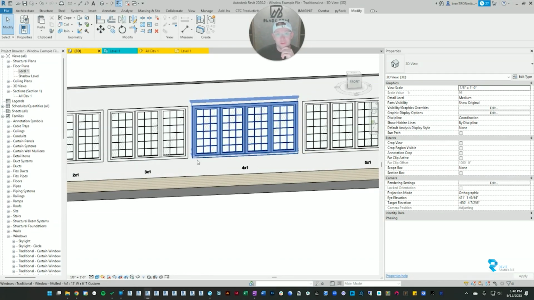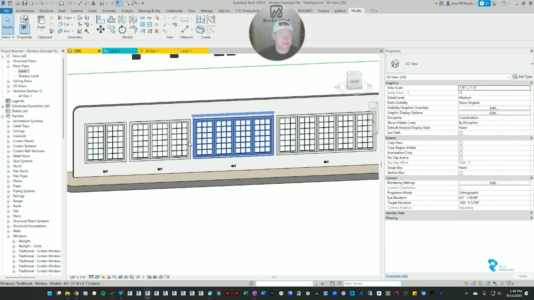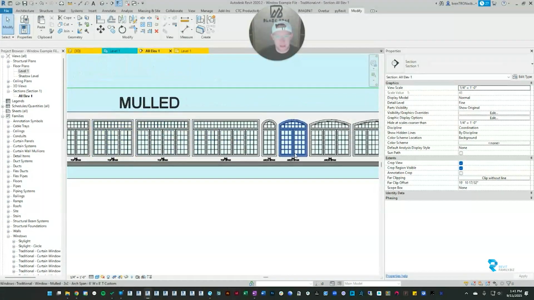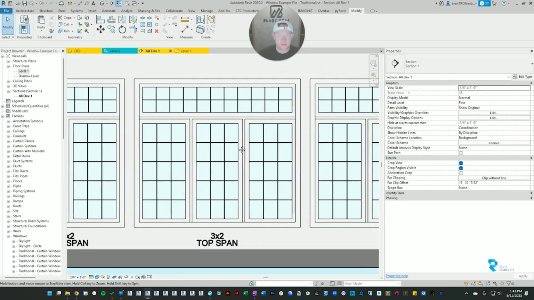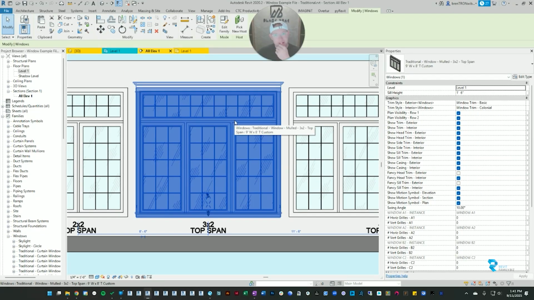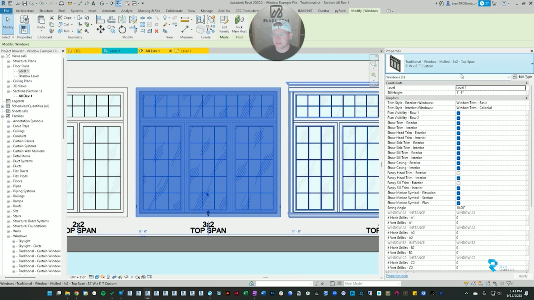Okay, let's go into the parameters now. Like, what can we do with these, and what's good about these? I'm going to go to the elevation here, and let's pick this 3x2 window with the top span. So it functions very similar to the standard windows. It has a lot of the same parameters. You can pick its level, its sill height. You can mess with all the different trim settings,